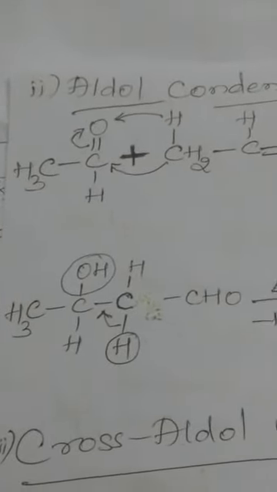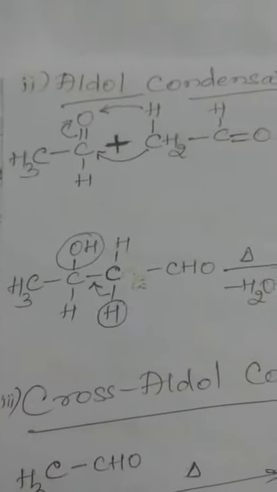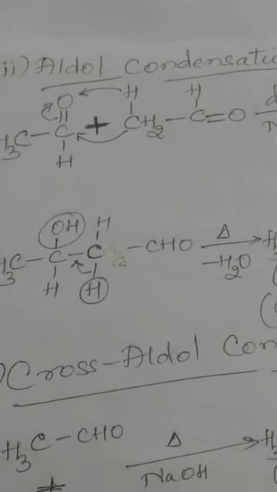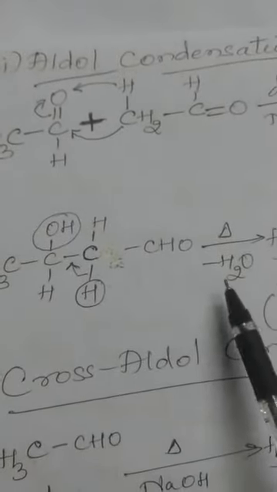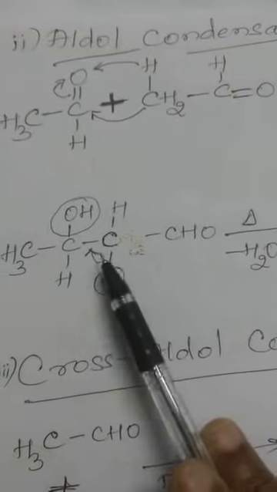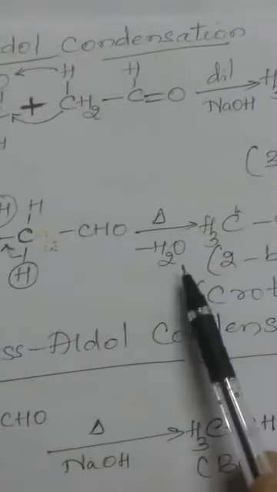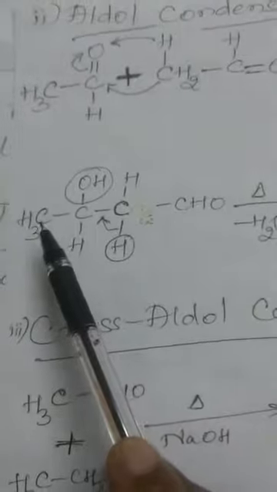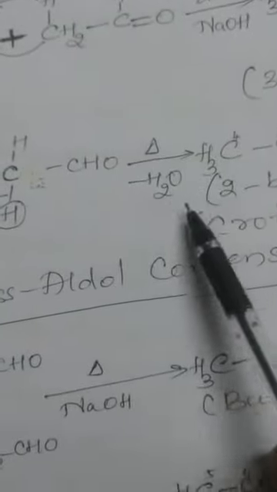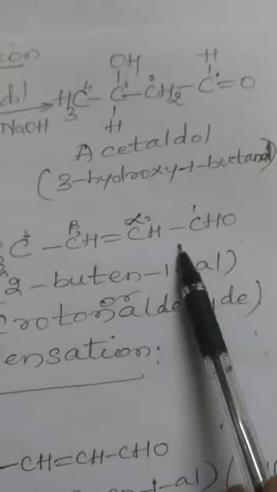Further, the reaction on heating: the same product I have written here, CH3CHOH CH2CHO, which is nothing but the product formed, acetaldol. On simple heating, it will eliminate a water molecule. H plus and OH minus are eliminated as H2O, with a shift in the position of the pair of electrons. The product formed will be, just look here, a double bond introduced between these two carbon atoms. The product will have the formula CH3CH, here it will be a double bond, CHCHO. So on heating, minus H2O, the product formed will be CH3CH=CHCHO.